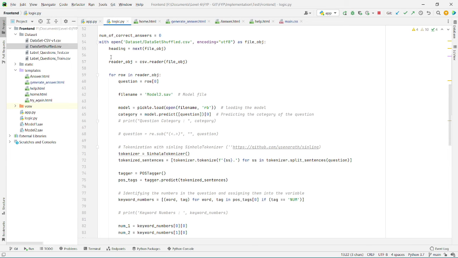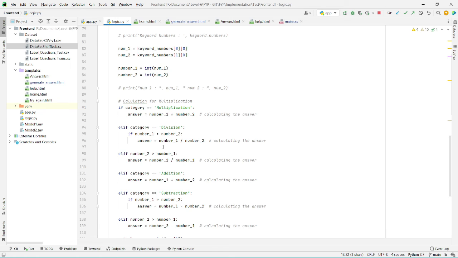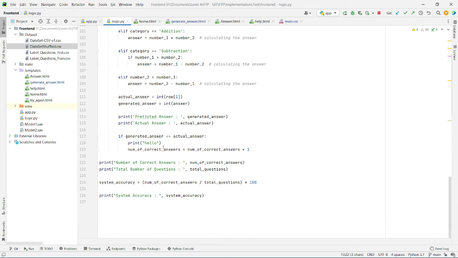As in the previous logic, the same logic is run through here, and at the end, the actual answer and the generated answer are checked, and if they are equal, then the number of correct answers would increase. If not, it would skip this stage, and the system accuracy is calculated like this.